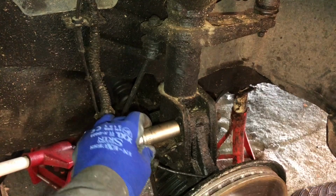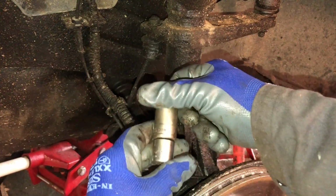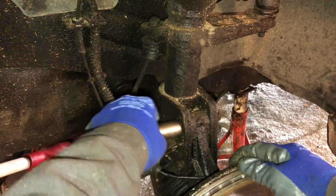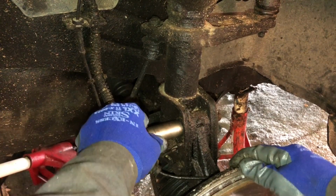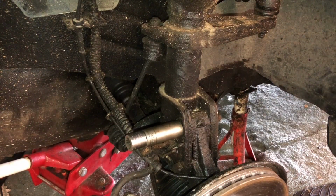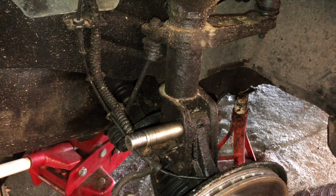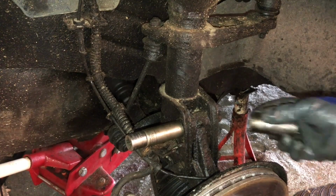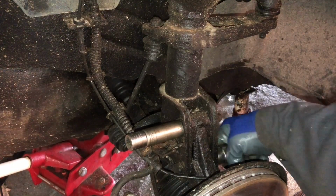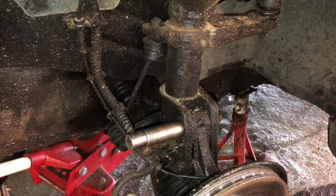This side is an 18mm head to it, I believe. That's an 18. Let's just see if that fits. Yep, there's a lot of crud around it. This side actually feels like a 21, because when it's got a lot of crud on it, what's a 21? That one, I think, yeah, 21 seems to fit reasonably well, but because it's got so much rust on it,